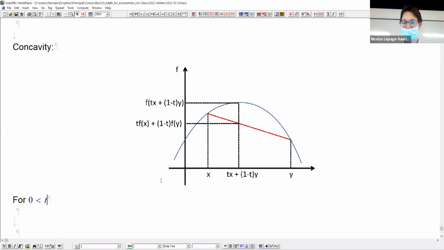So for some t between 0 and 1, and some x different than y, a function f is strictly concave